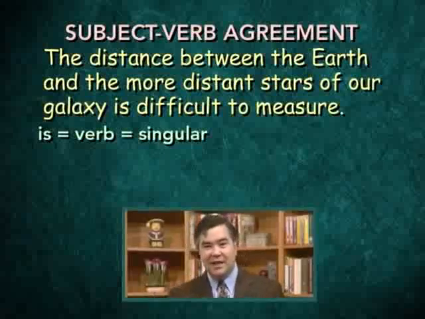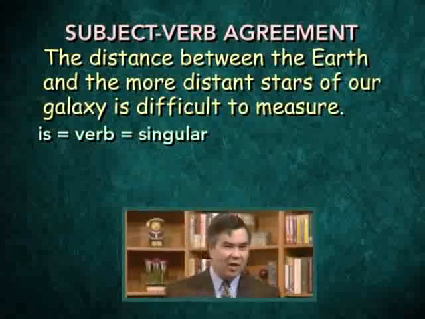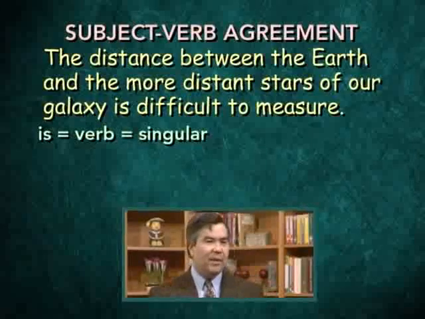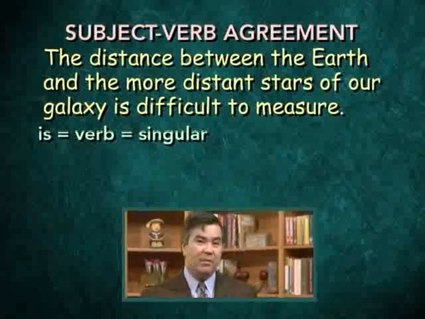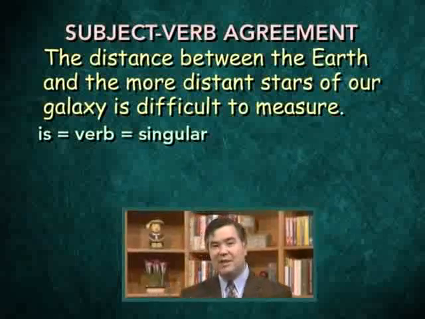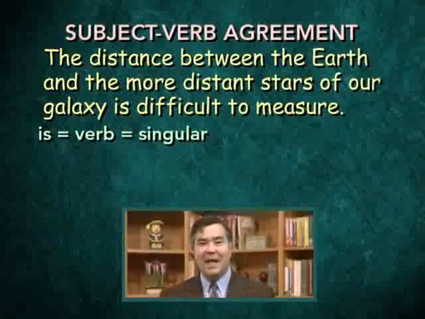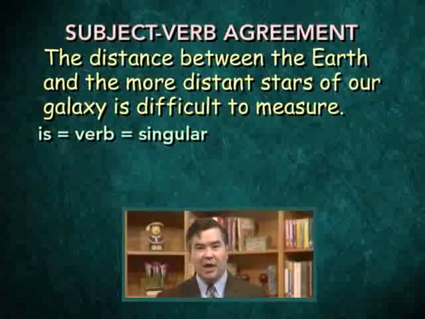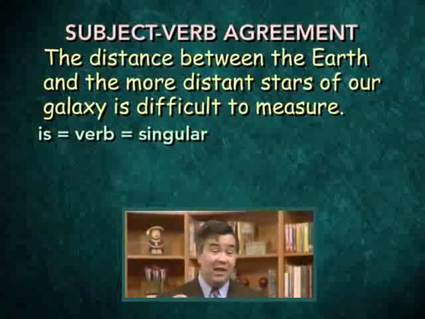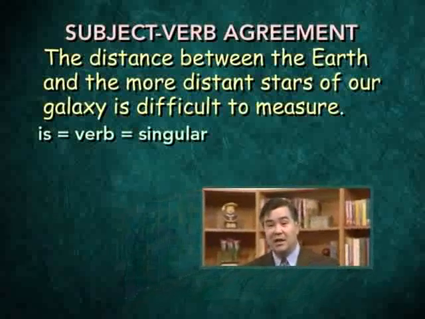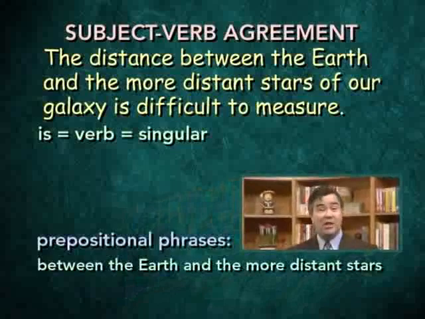Is it the distance? Is it the Earth? Is it the stars? Is it the galaxy? All of those are nouns, and any one of them could be the subject of the verb. But which one really is the subject of the verb? Well, in order to figure out what's difficult to measure, we need to eliminate prepositional phrases. That will help us zero in on what the real subject of the verb is. And there are a few prepositional phrases here. Between the Earth and the more distant stars